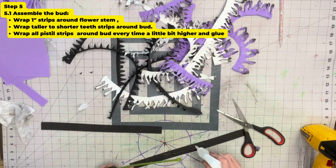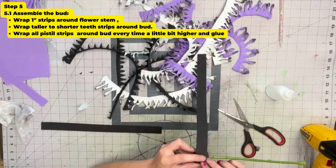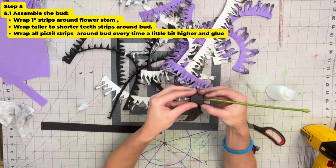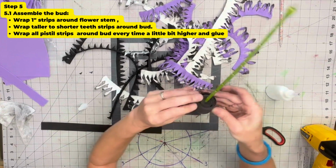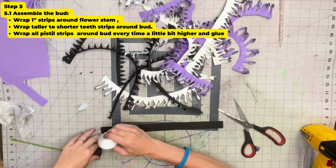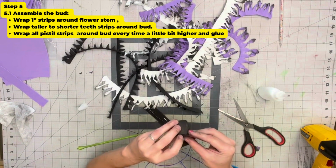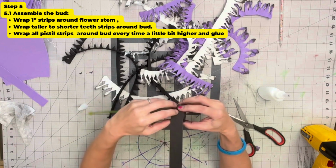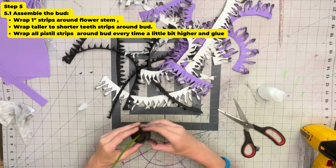We're gonna wrap the 3 1-inch strips around our stem, one after the other. And we're just going to continue the wrapping. So you see? Now the 3rd one. We've got approximately, this is almost a 2-inch wide bud,